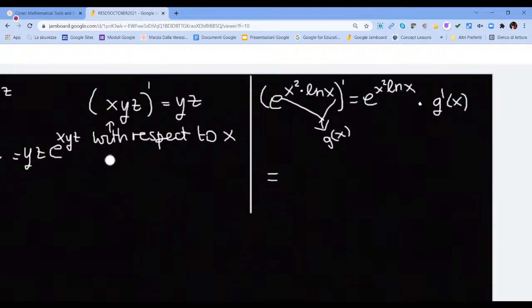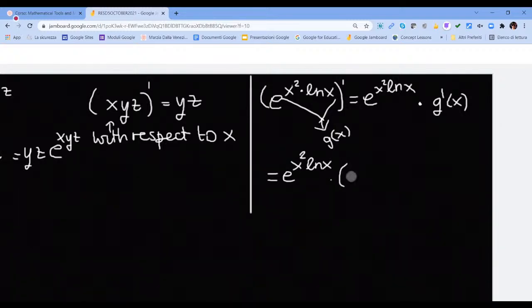In the first case, you had 3 variables, and every time you had to derive with respect to only one variable. This time, you have to derive with respect to x, and you have 2 factors that depend on x. That means that the derivative of this g of x will be the same as the computation of the derivative